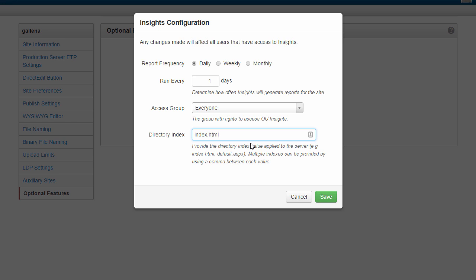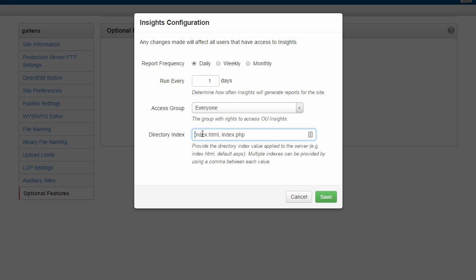If you have a portion of your site that's not served up via index.html, but rather something like index.php, what you can do is add multiple entries into this field inside Insights, because of course production servers can serve up multiple different instances of index pages. In the same way, we want to make sure that Insights is prepared to look for all types that you could have. So if most of your site is going to be index.html, but maybe there's a small portion that's index.php, you can put it in this order.